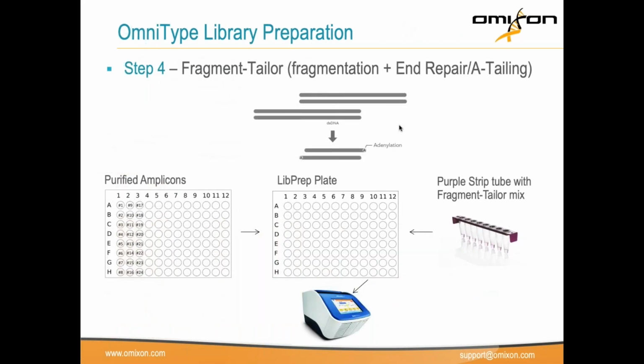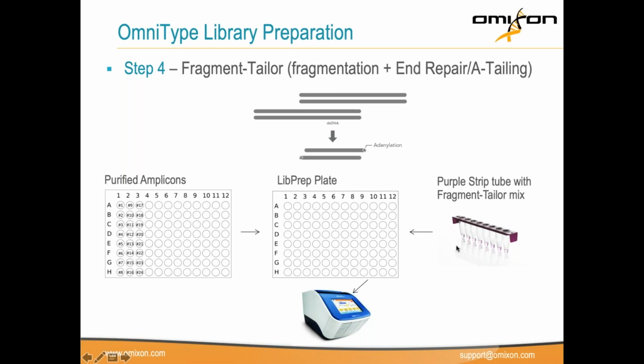Then we go into the OmniType library preparation with step 4, which is the fragment Taylor reagent, which essentially is a fragmentation, repair, and tailing reaction that takes place in one step. During this step, we fragment the amplicons into smaller pieces, and we repair and adenylate the ends of those fragmented amplicons. So essentially all we have to do is take our purified amplicons and mix them into a new plate